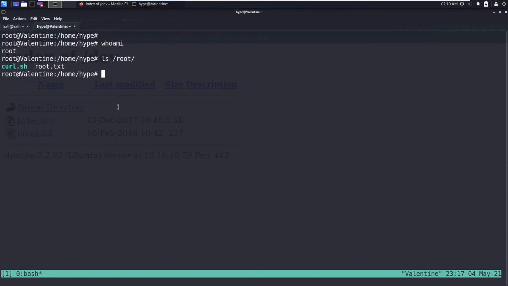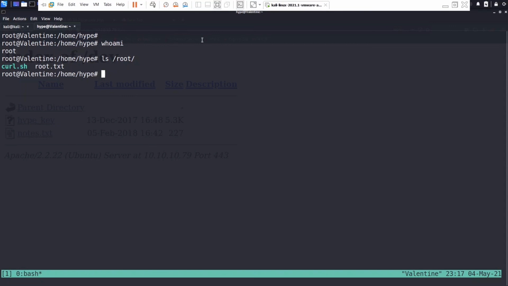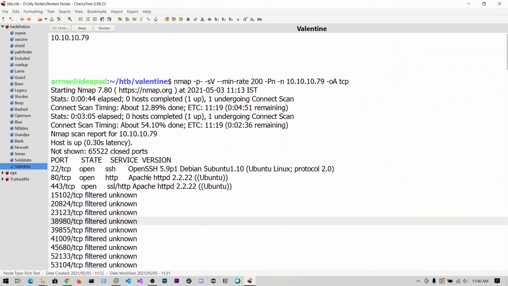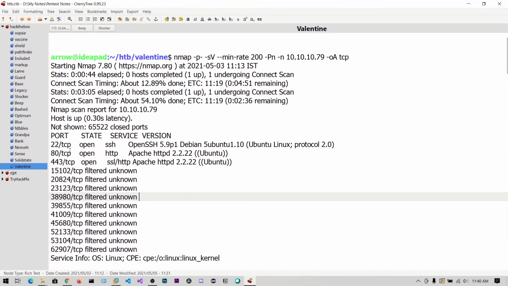Do not ever ignore the small information of this box. So let's recap what this box has taught us. The port 80 is open, and this is related to the heartbleed exploit. We first discovered that there is an encoder, that is a base64 encoder. It has encoded the important data. Then within our heartbleed exploit, we got the information and we decoded it. We logged into SSH and we got the root shell.